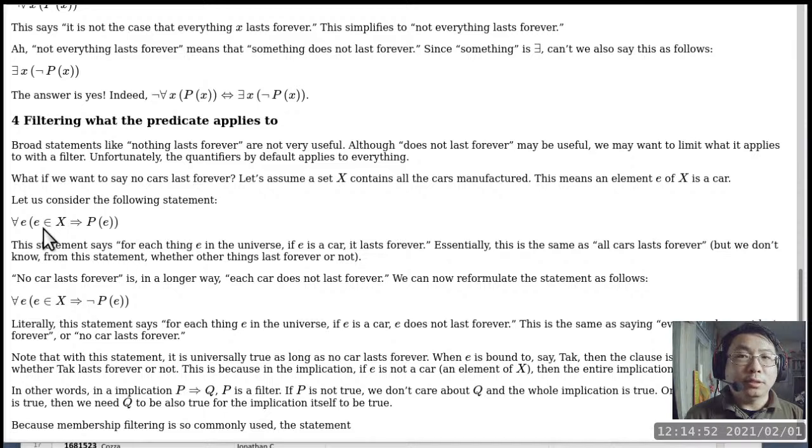Okay, if it is, the implication says that if the precedent of an implication is true, or if the left hand side of an implication is true, then the right hand side can determine whether the implication itself is true or not. But on the other hand, if E is not an element of X, then the entire implication is true to begin with. Alright? Alright, so this is a bit to digest.